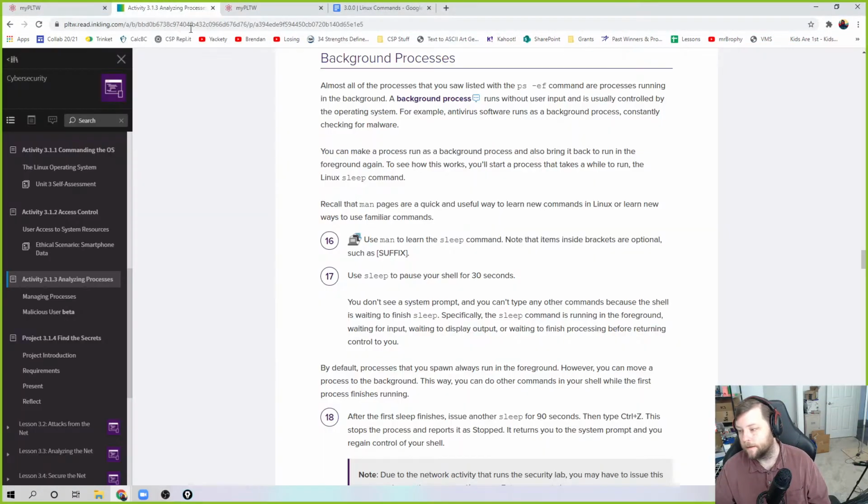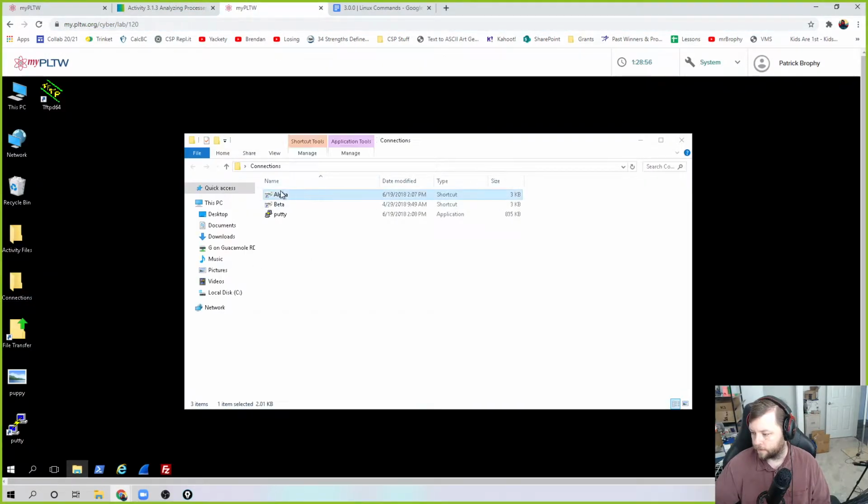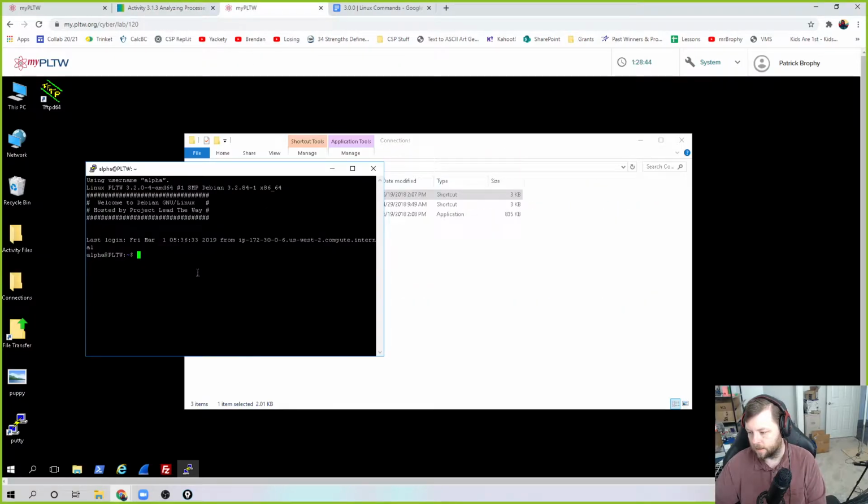Back in the lab. Background processes. Almost all the backgrounds you saw listed, when you did the EF command, remember that thing? Let me pull this up again. I was in alpha. Our process running the background. Remember that full list? If you didn't do the EF, it just showed the stuff that was just for you running. But if you do the ps -ef, I think